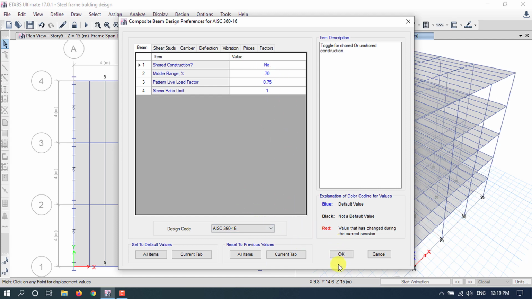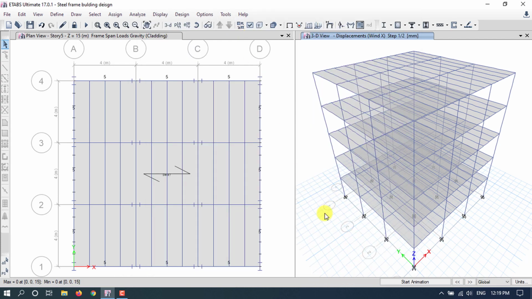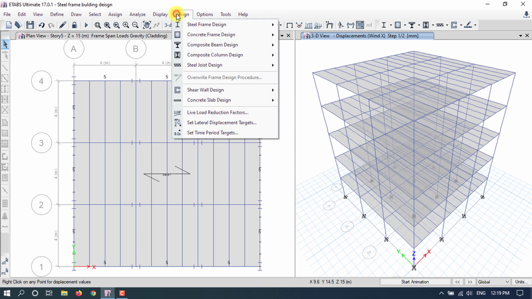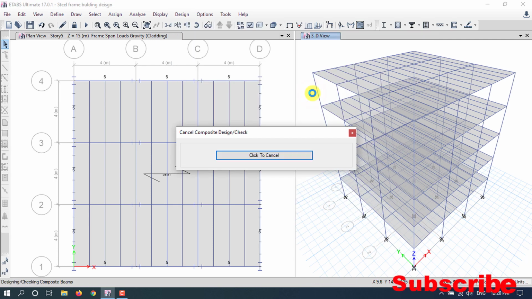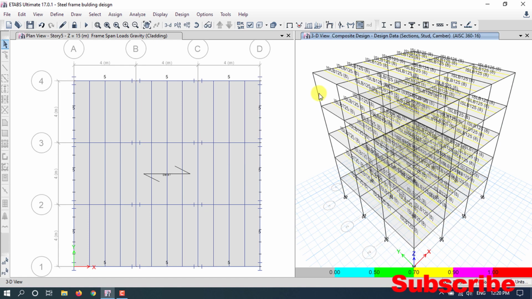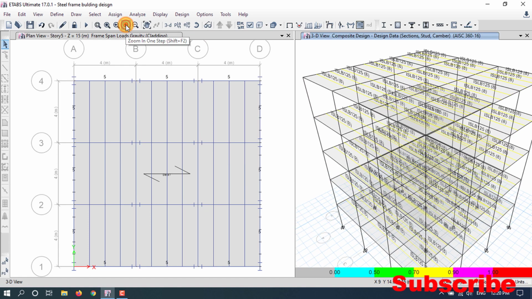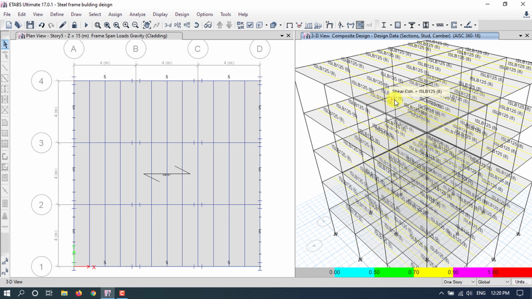Then click on OK. Now to design the composite beam, go to Design, go to Composite Beam Design and go to Start Design/Check. Here the composite beam is designed as section ISLB 125.